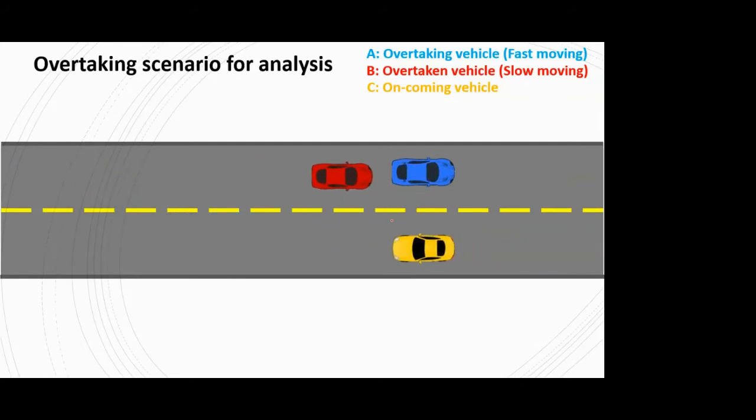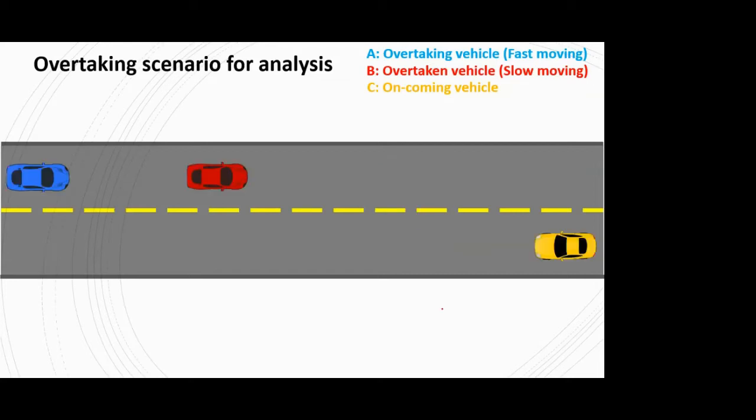Okay. Now you see what has happened: it started from some point, and by the time it finished, vehicle A finished its overtaking operation. Simultaneously, the oncoming vehicle was not at rest, it was moving. So by the time vehicle A completed its operation, the oncoming vehicle came just to the same level. That is the critical point or critical scenario here as well: by the time your overtaking vehicle goes back to the original lane, within the same span of time, the oncoming vehicle is coming adjacent to the overtaking vehicle.